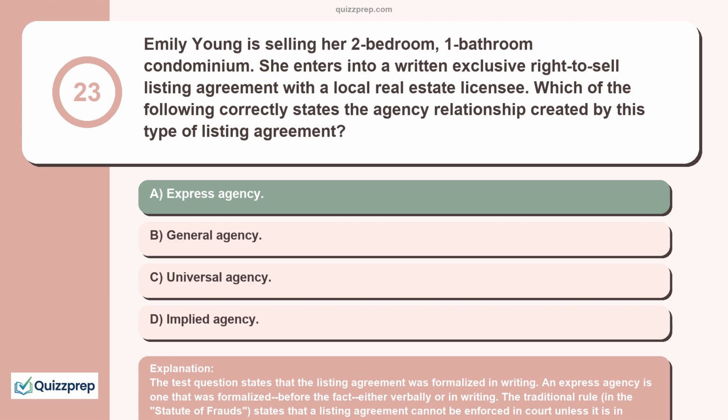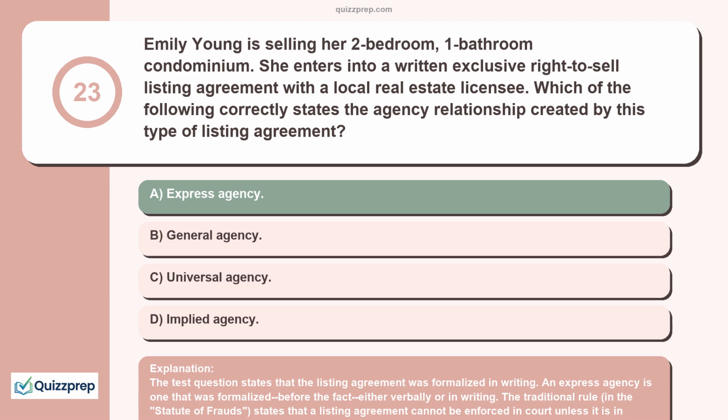In contrast, the special agent acting under the authority of the exclusive right to sell listing agreement typically only has the sole duty of finding a buyer. Special agency is an advisory position, and the agent traditionally lacks the authority to bind the principal. Example: a listing agent can solicit offers, but lacks the power to accept an offer and bind the seller.